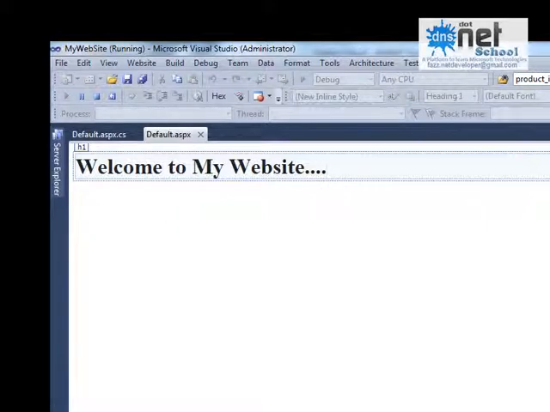localhost 13386 my website. So it has a port number. So ASP.NET development server is running in the background right now.